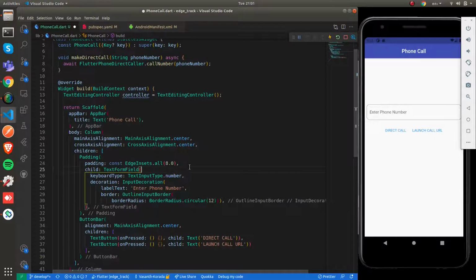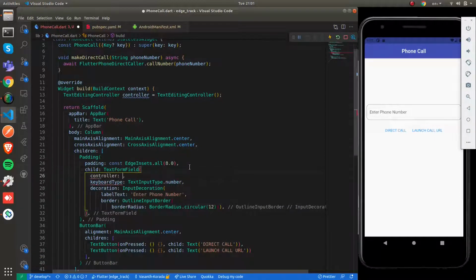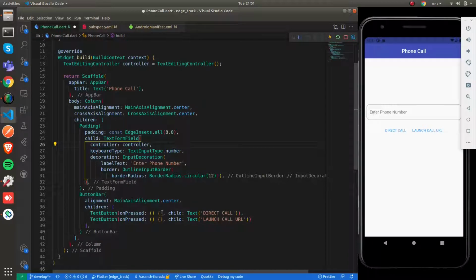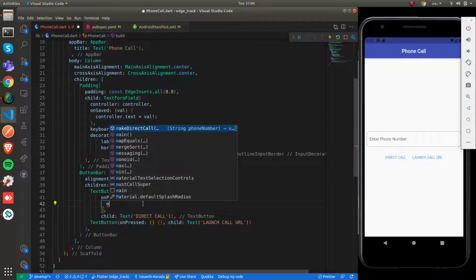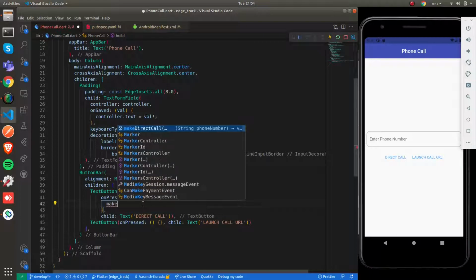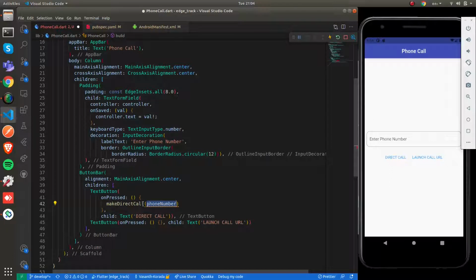I'm going to pass our controller to this text form field, and in the onPressed method I'm going to make a direct call and pass controller.text.